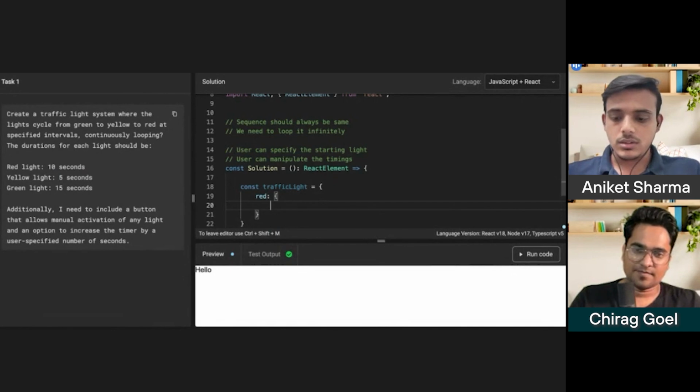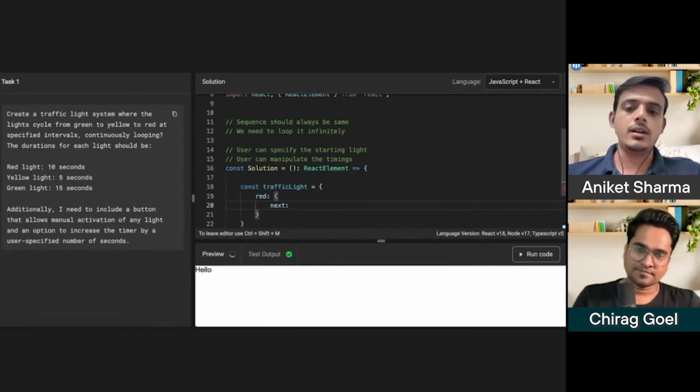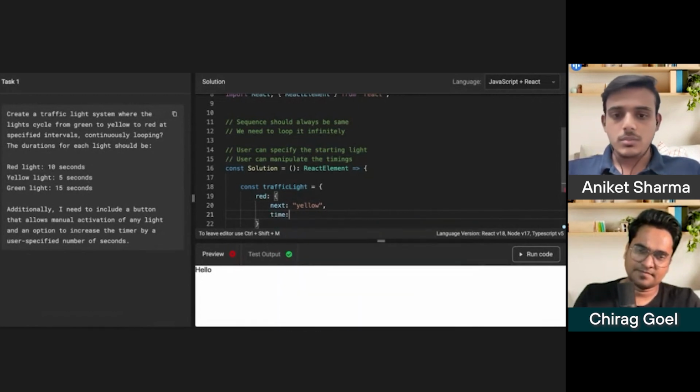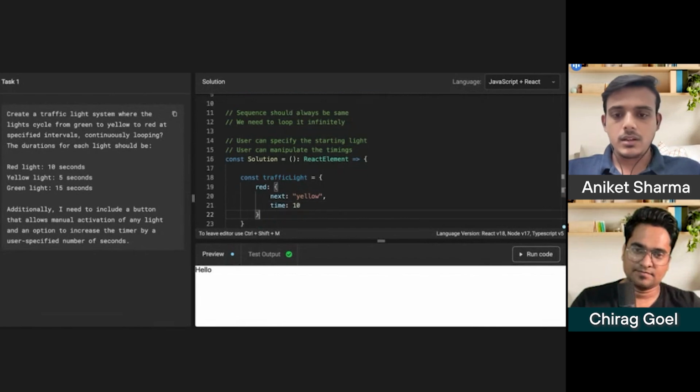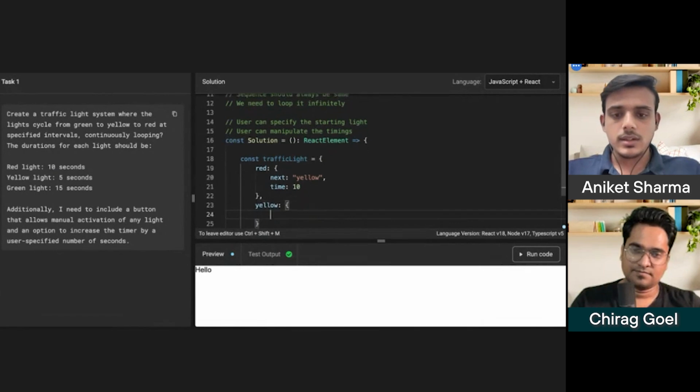So we also need to specify that after this particular red light, what next light we need to show. So we can go with yellow. And the timing should be 5 or 10. For a red light, we need to show for 10 seconds. Then we will go with yellow.